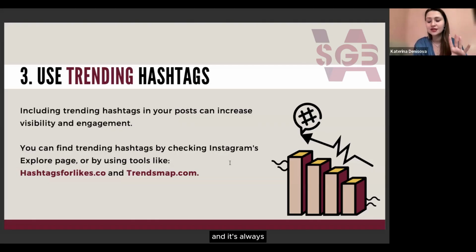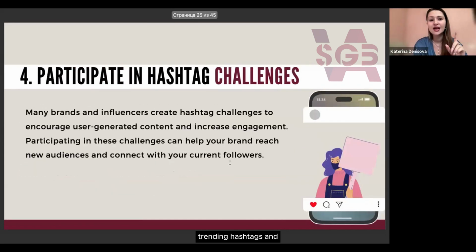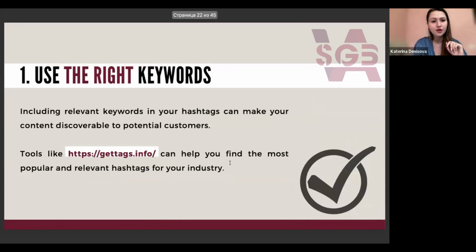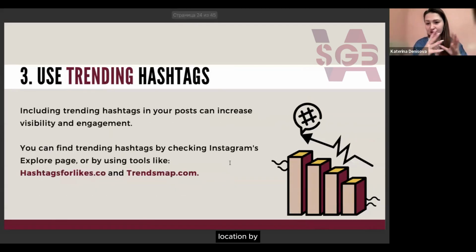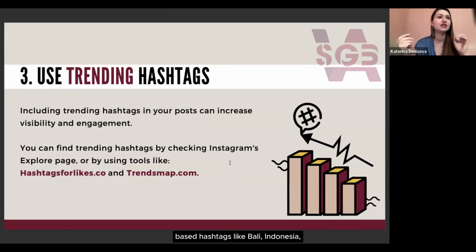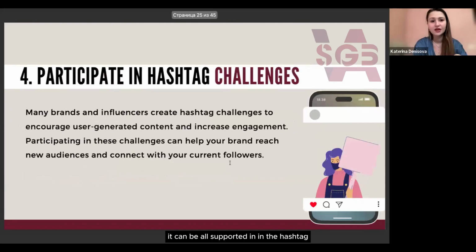And it's always useful to make a mix of branded hashtags, trending hashtags, and I would say location-based hashtags like Bali, Indonesia, Georgia, Kuta, Jakarta, etc. It can also be put in the hashtag.